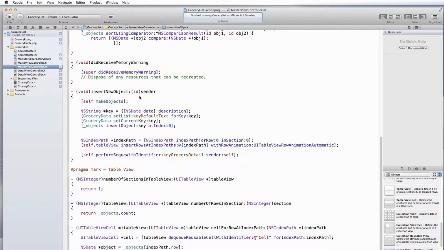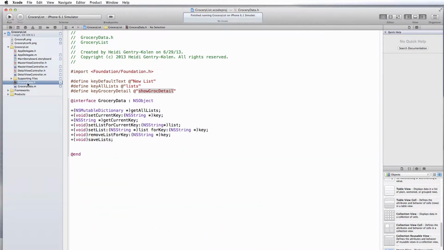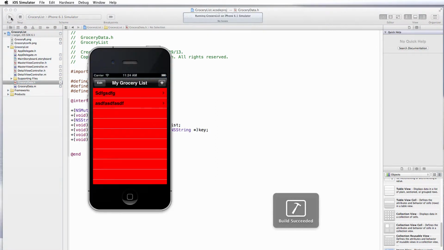Now there's one last thing that we want to do before we test this out. We want to go over to grocerydata.h, and what we want to do is change show grocery detail to just show detail. Once you do that, be sure and save it. And then test out your app to make sure everything works the way that you expect it to.